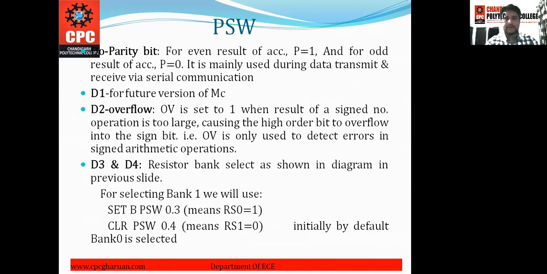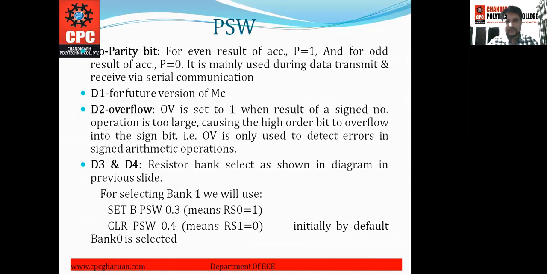D0 is the parity bit, as we already have discussed it. For an even result of accumulator, the parity flag should be 1, and for an odd result of accumulator, the parity flag should be 0. It is mainly used during data transmit and receive via serial communication.